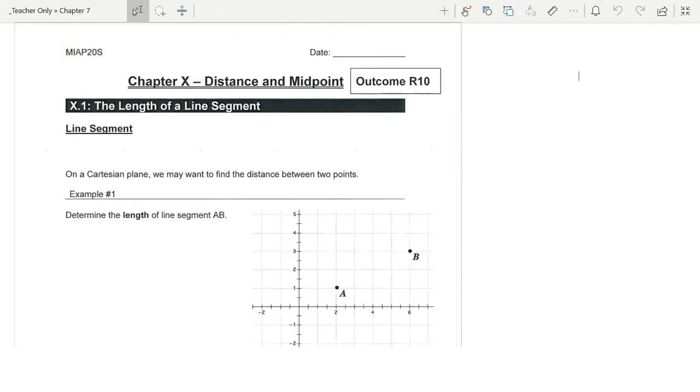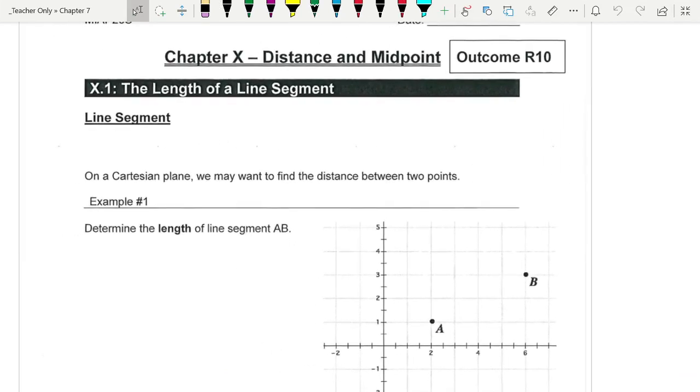We are going to use, first of all, I guess we should get a definition out of the way. A line segment is a portion of a line with two endpoints. We math teachers like to be very precise about the way we define things. So this little segment here,